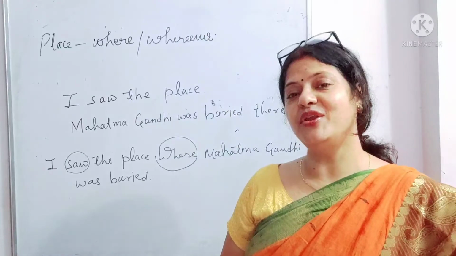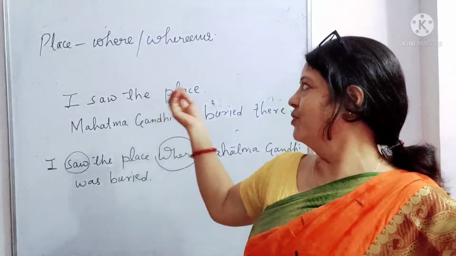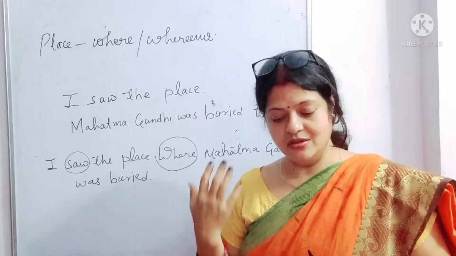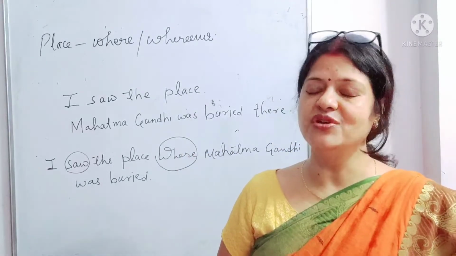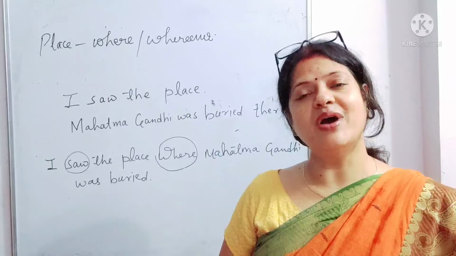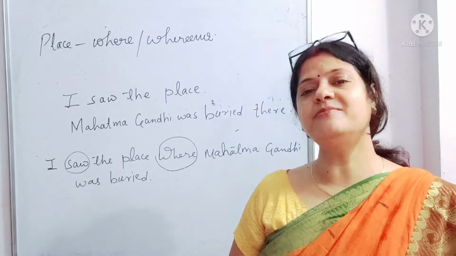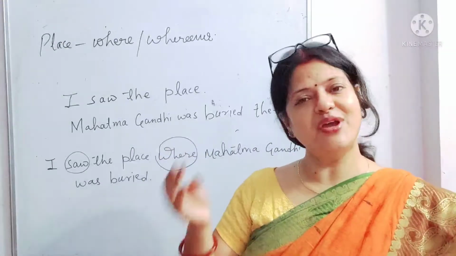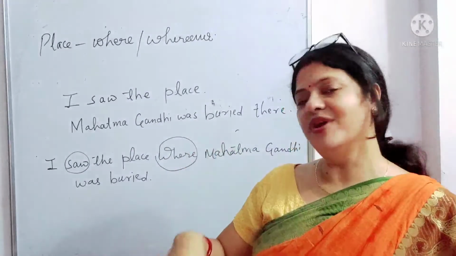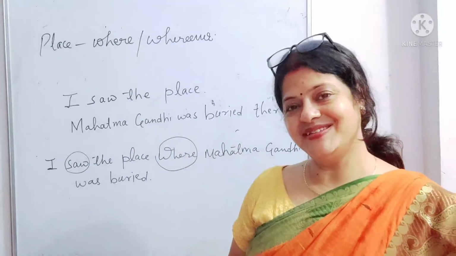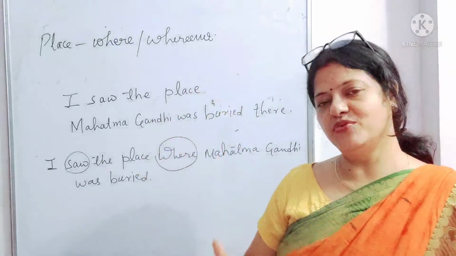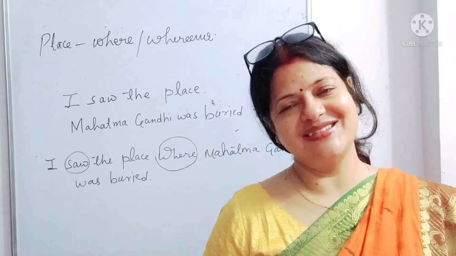In my next video, I'll come with more subordinating conjunctions which can be used to add two or more than two simple sentences to make one complex sentence by using adverb clause. Since my video is getting too long, I don't want to make it longer. Soon I'm coming with another example. So this is part 1 of adverb clause in complex sentences. Thank you.